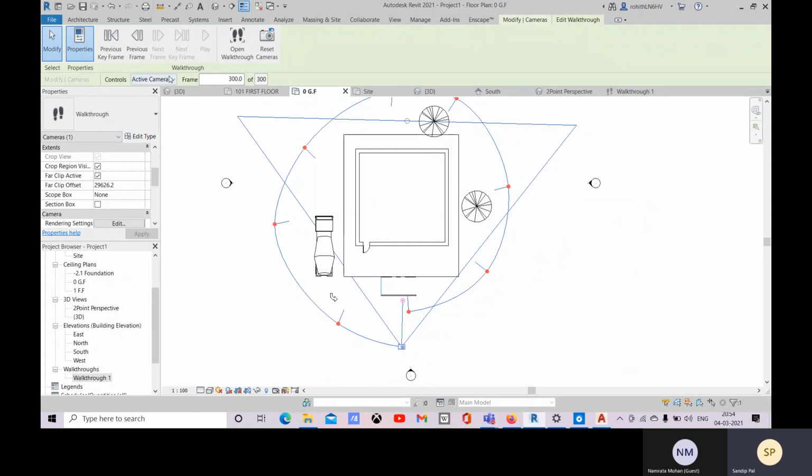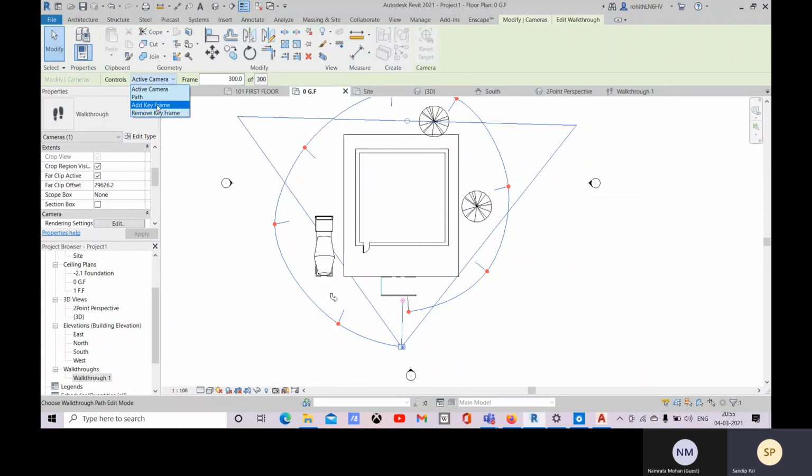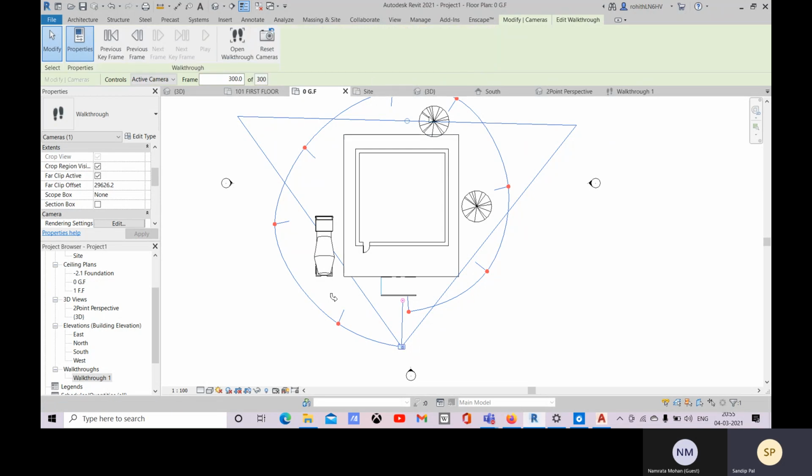If you want to add any keyframe, you can come to add keyframe. If you want to remove any keyframe, you can go to remove keyframe. So this is your active camera right now.